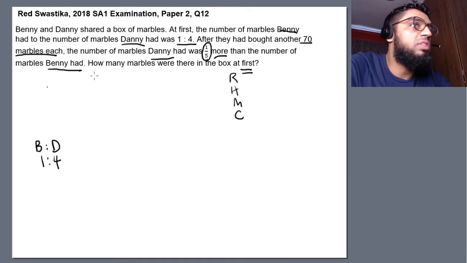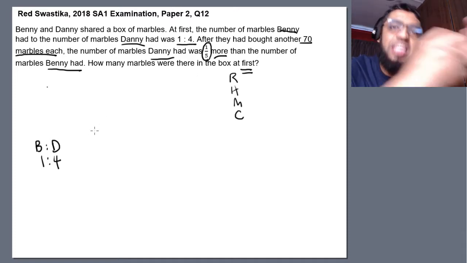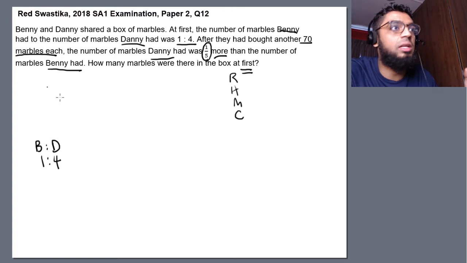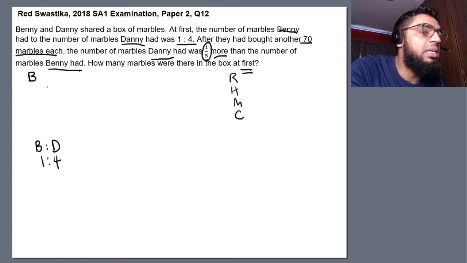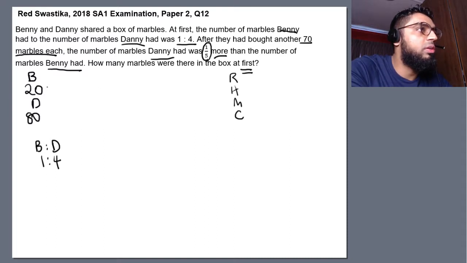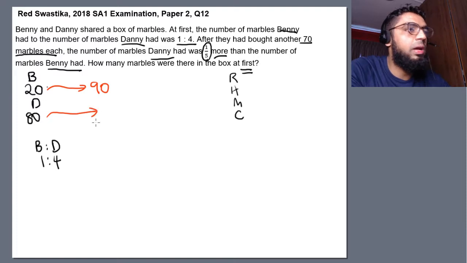Since they shared that box of marbles, the ratio of the marbles was 1:4 at first. And what happened was that they each bought an equal number of marbles. So let's say for example, I don't know the exact number, but let's say Benny had 20 marbles at first and Danny had 80 marbles at first. Now when they bought 70 marbles each, Benny's marbles will become 90, Danny's marbles will become 80 plus 70, that is